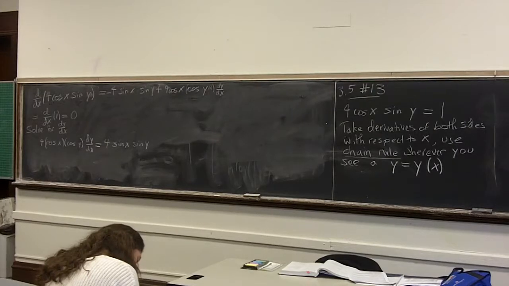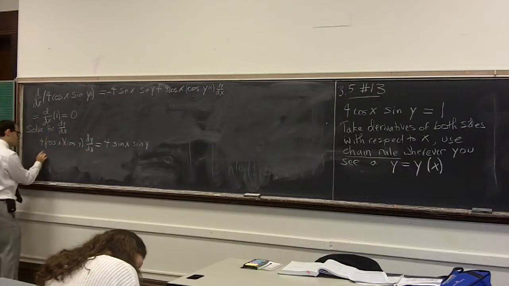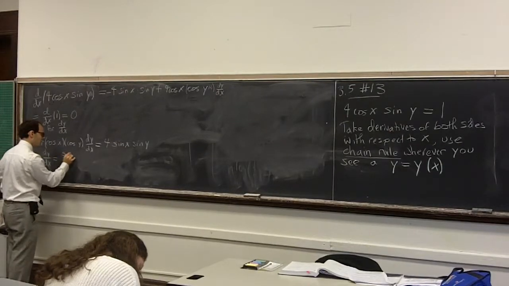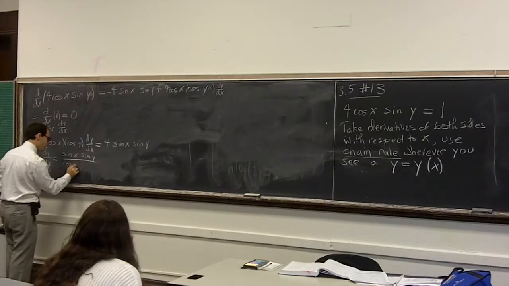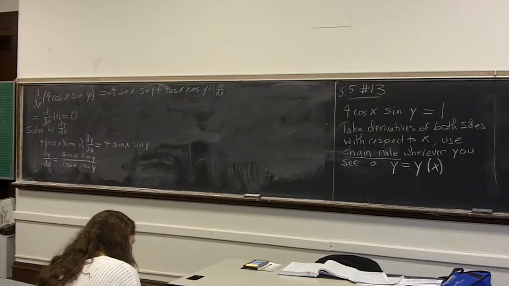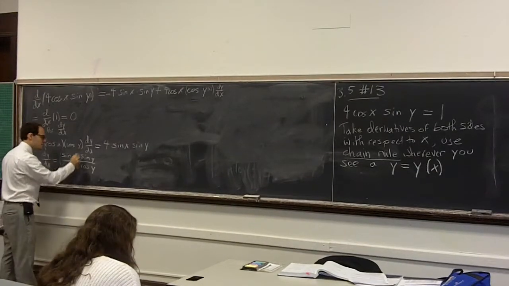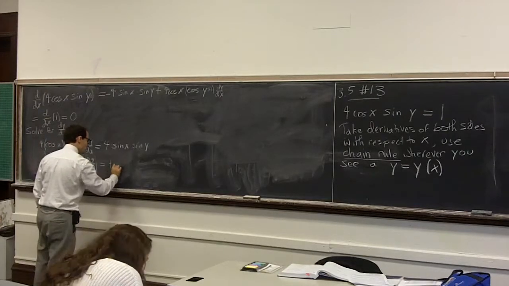Of course, I'm solving for dy/dx, so I'm going to move the entire coefficient out front over to the other side. So this is sine of x, sine of y, divided by cosine of x, cosine of y. Okay, that's an entirely nice answer, perfectly valid. You could notice, if you are so inclined, that sine of x over cosine of x is equal to what? Yeah, it's equal to tangent of x. So this is tangent of x,